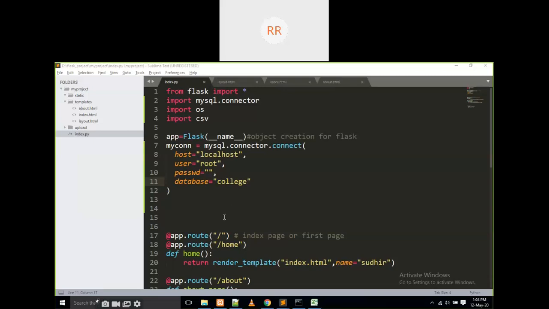If you want to connect to another database, just change to another name. If it is there, simple. Everything is fixed here. Is it clear, everyone? We are going to connect it. Yes, connection is completed here. Is it okay, everyone?